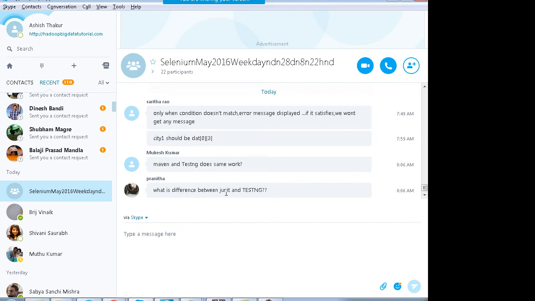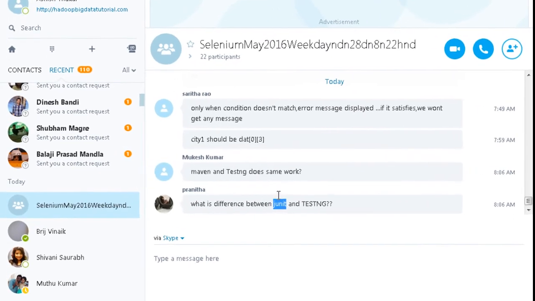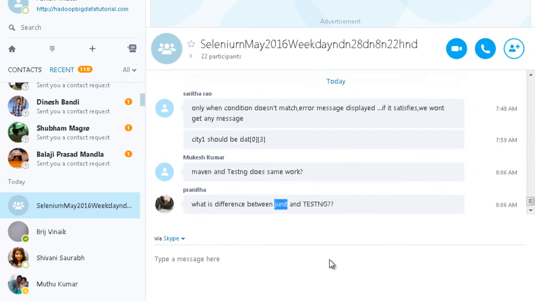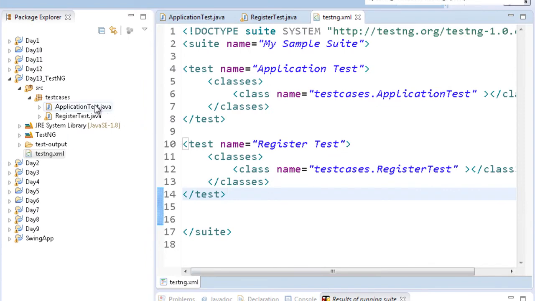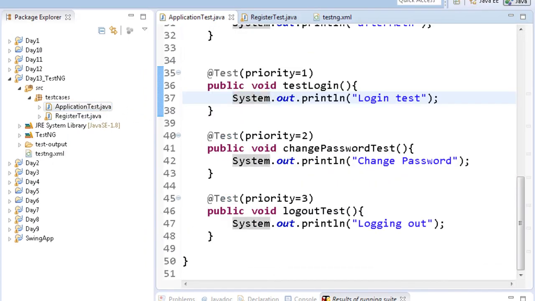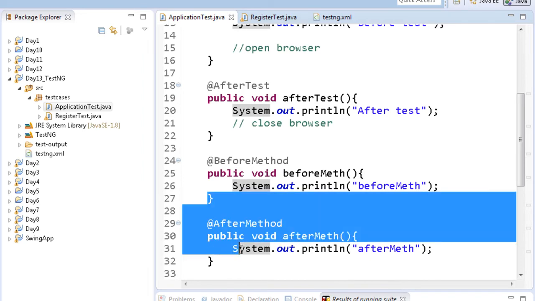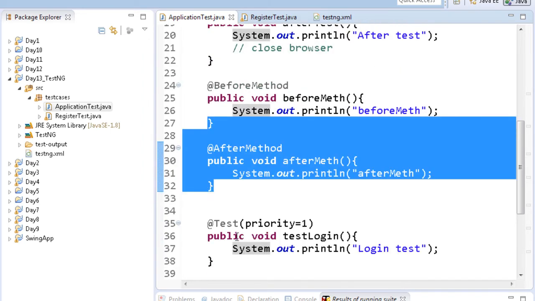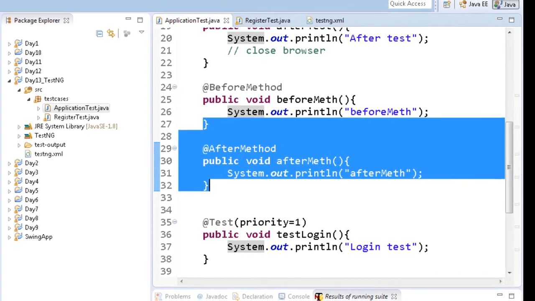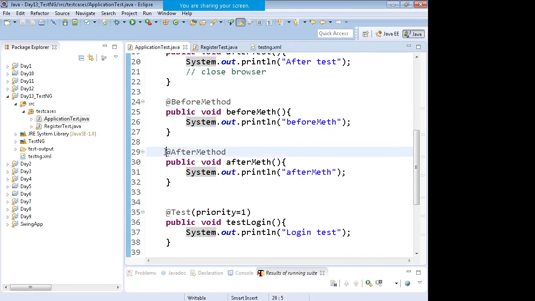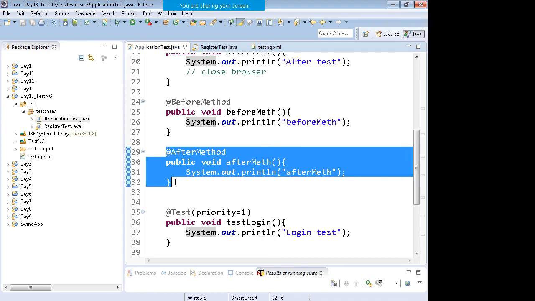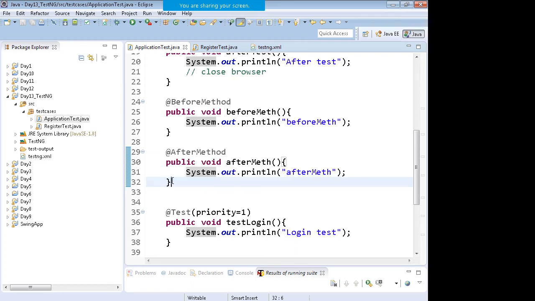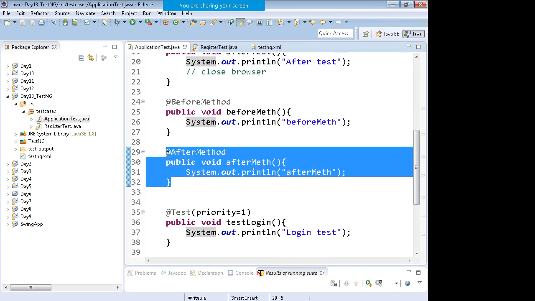And what is the difference between JUnit and TestNG? Look, both are testing frameworks. Whatever TestNG is doing, JUnit also does in somewhat the similar way. You have test annotations in JUnit as well, but I find TestNG to be better. There is better reporting. Running the test cases in parallel is also facilitated very easily by TestNG. And TestNG has become more famous in the market with Selenium rather than JUnit. TestNG is more famous.